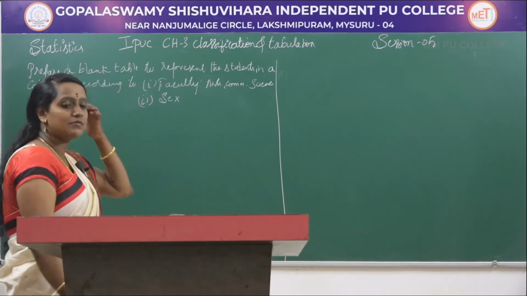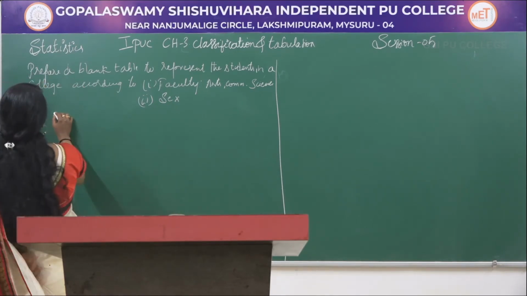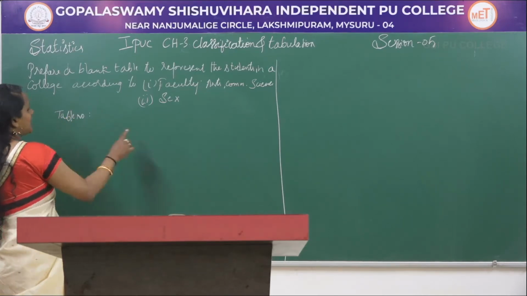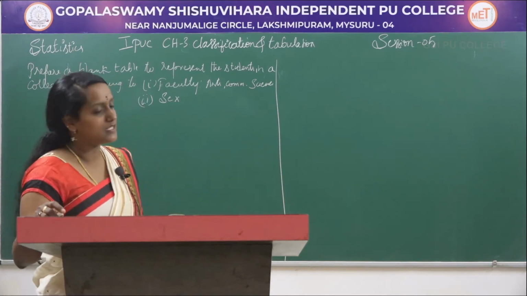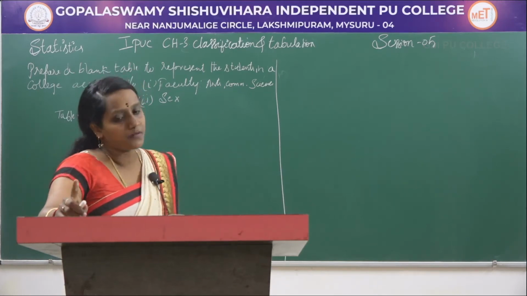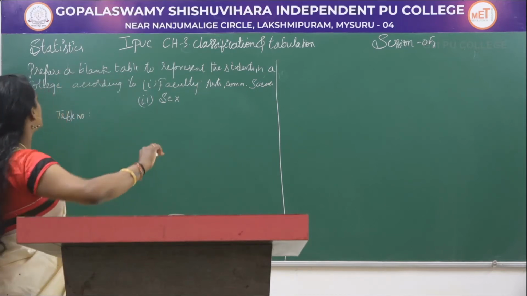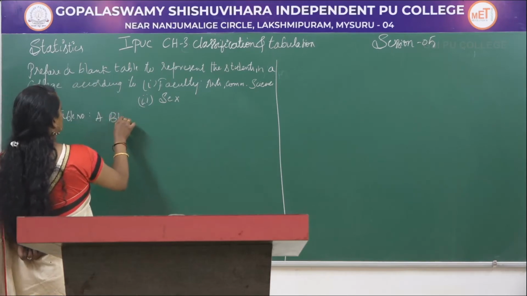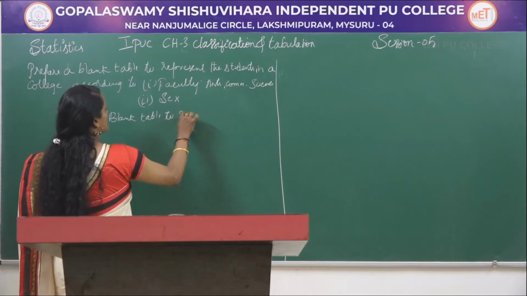Okay. So first we will write the table number. First step is table number. Next, title of the table. Second is title of the table. Title of the table is nothing but: a blank table given below represents the number of students in different faculties and sex. See here, a blank table to represent